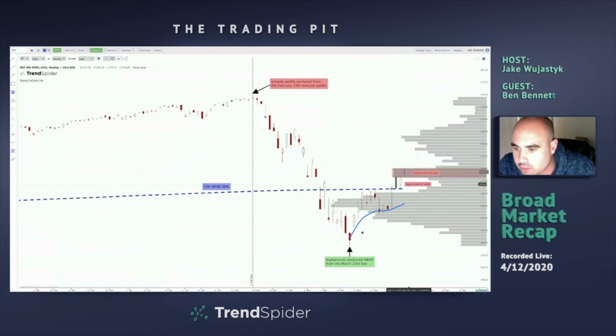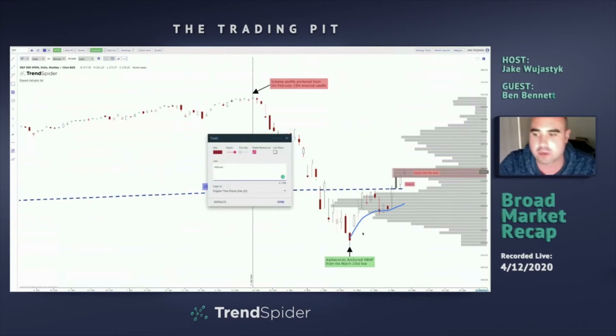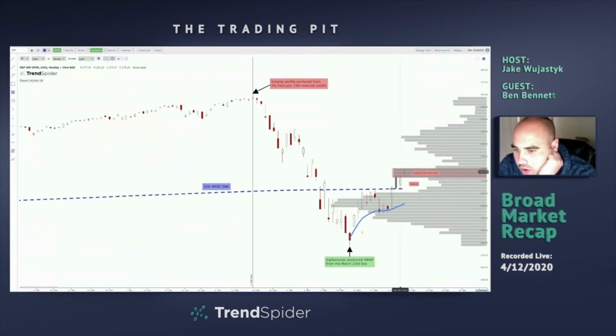And then notice we were mentioning the volume gap here. And remember, the volume gap is simply just an area where you don't have as much supply above. So, notice how the price was able to literally gap up right to this supply zone on Tuesday. And then we pulled right back down, and look what we did. Initially, the 200-week simple moving average was resistance, not only once, but then twice when we did have that big candle. And so naturally, as we gapped up into the supply, this previous resistance zone became support. And then the price was able to catch a bid right on this zone before going into supply once again into the end of the week.